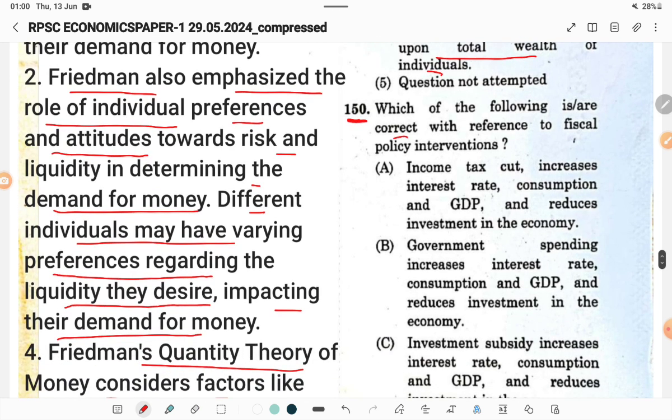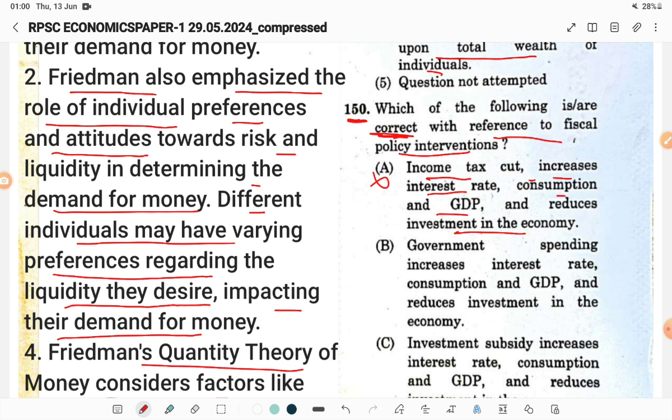And now the next question, or the last question we can say: which of the following is or are correct with reference to fiscal policy intervention? An income tax cut increases interest rate, consumption, and GDP, and reduces investment in the economy. This statement is incorrect because an income tax cut would typically increase disposable income, leading to higher consumption and potentially higher GDP. However, it may not necessarily increase the interest rate. In fact, depending on the economic condition and the response of the central bank, a tax cut might lead to a reduction in interest rate